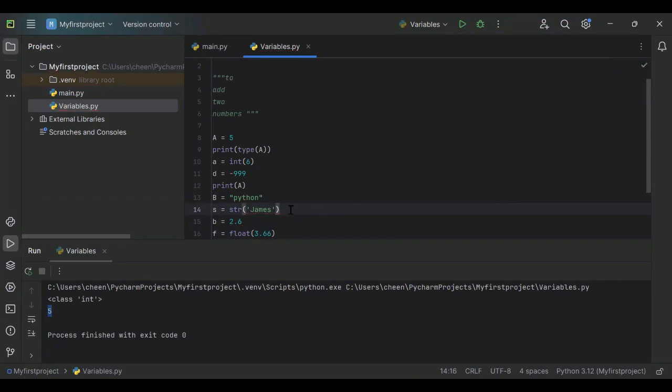So this is for single quotes. And if you wish to have it in double quotes, you can have that too. And if you wish to have some number in between it, let's say 1, 2, 3, that will also act as a string. The variable will dynamically take its type as string. This is also one of the features of Python. Next is